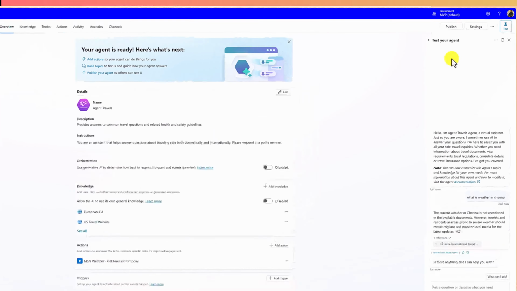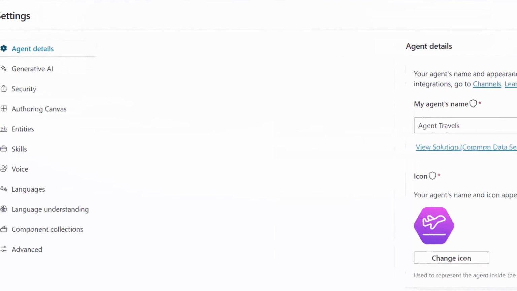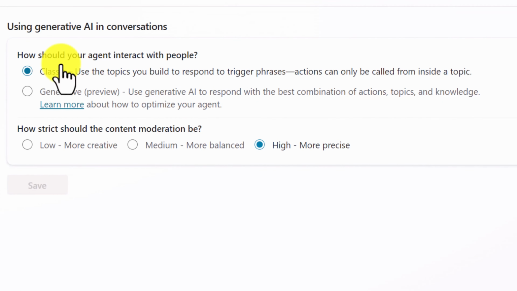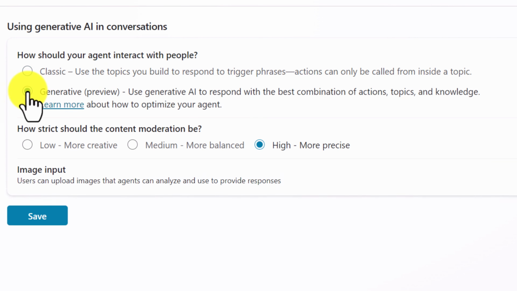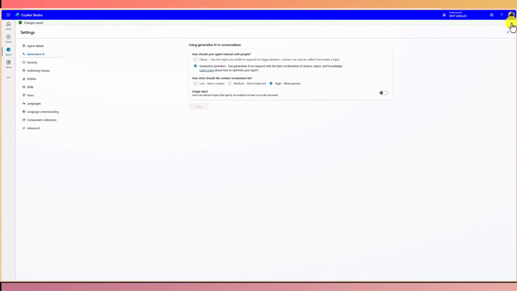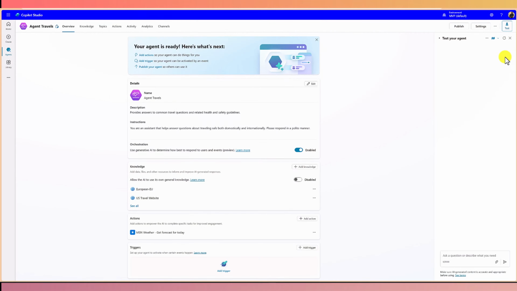For that, go to the settings and go to the generative AI option. Here you can see there is a question: how should your agent interact with the people? Classical way, that means based on the topic. There is another option, generative preview. Use generative AI to respond with the best combination of actions, topics, and knowledge. So this we have to enable. Select this generative AI, save, and I go back to my agent here,